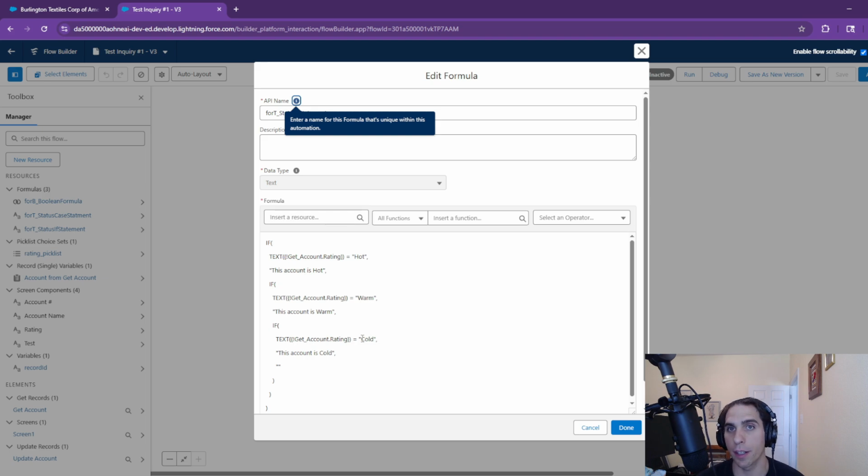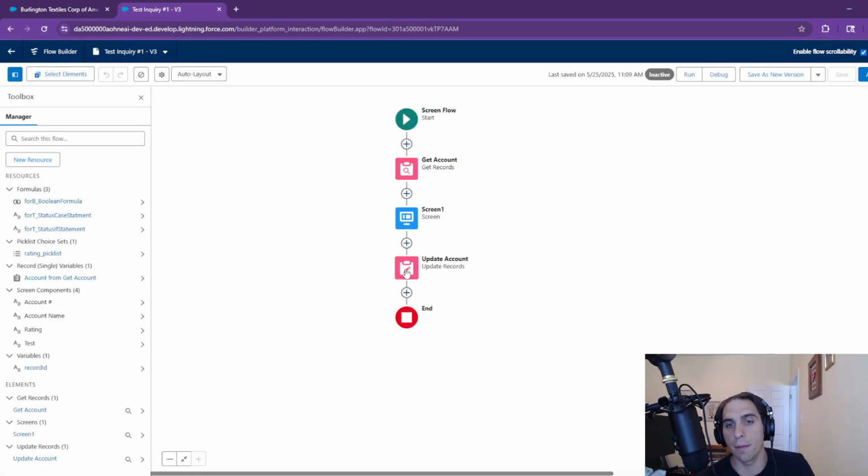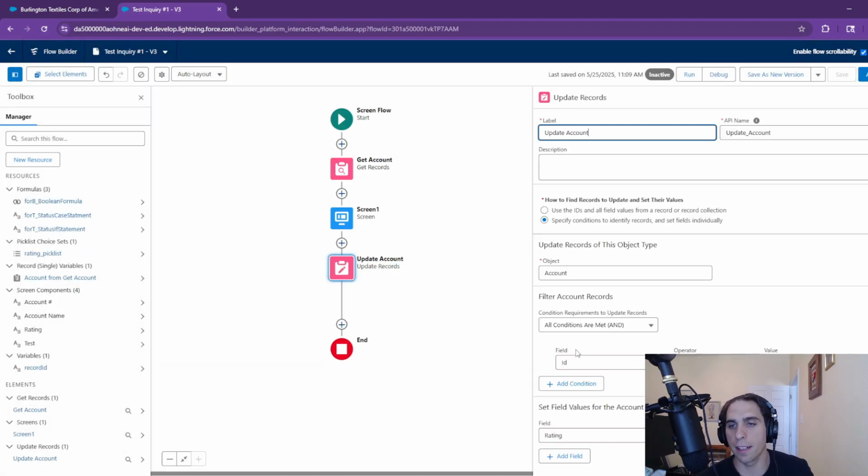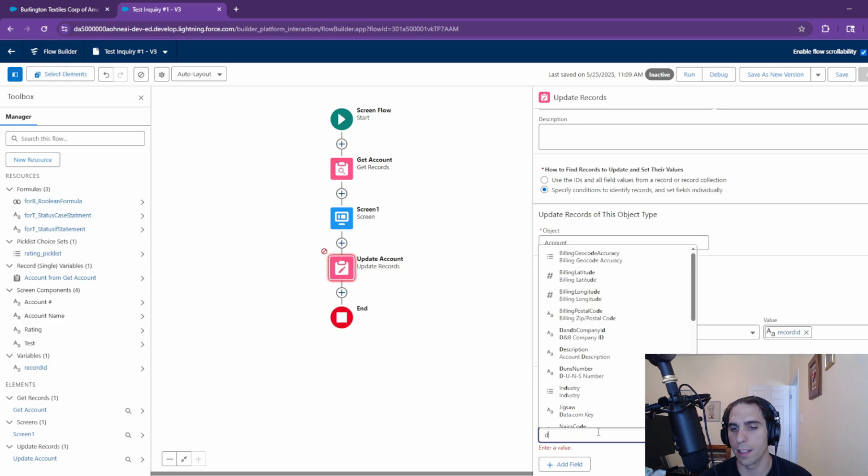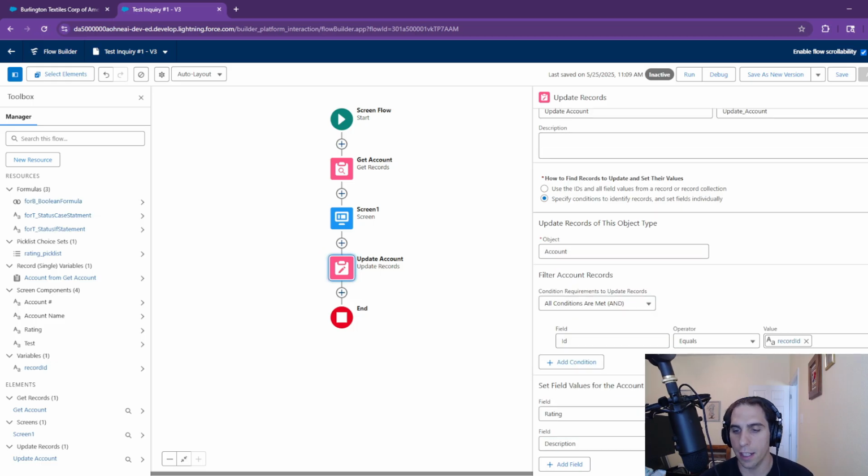Now, the way this would work in your flow is you could configure the value up, and then in your next update element, you could select in here the description. I'm just going to add it real quick. You can do description equals, and I'll just type if statement, and then since description is a long text field, this is a text formula. I'm able to set that value based on the rating every time this runs. And this could be for a record trigger flow or a screen flow. I'm doing this on a screen flow so I can do a demo of this at the end. It's a little easier that way. But going back over here,